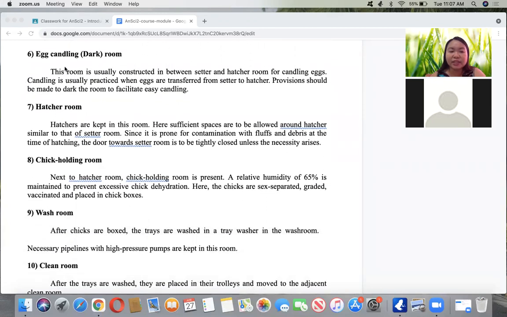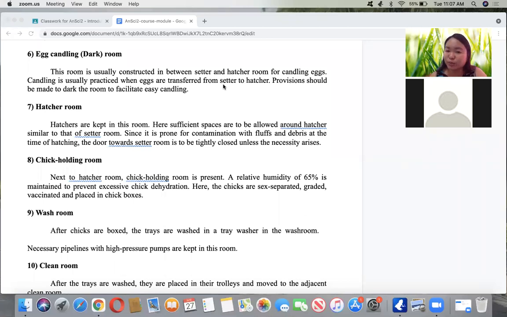So, the sixth one is the egg candling, or should be a dark room. It is usually constructed in between the setter and the hatcher room for candling eggs. The candling is usually practiced when eggs are transferred from setter to hatcher,